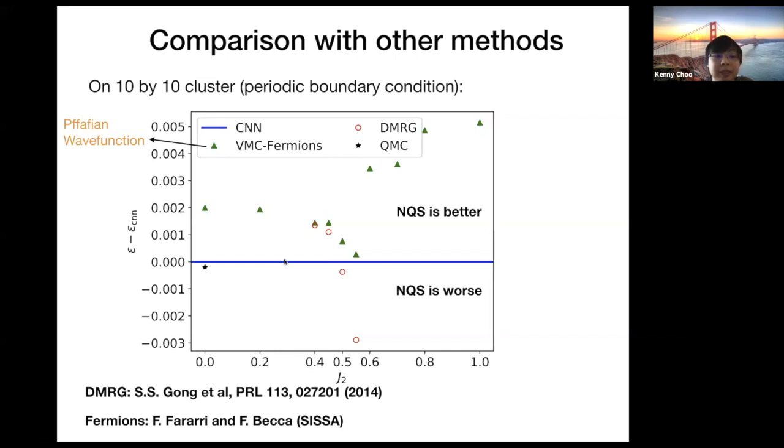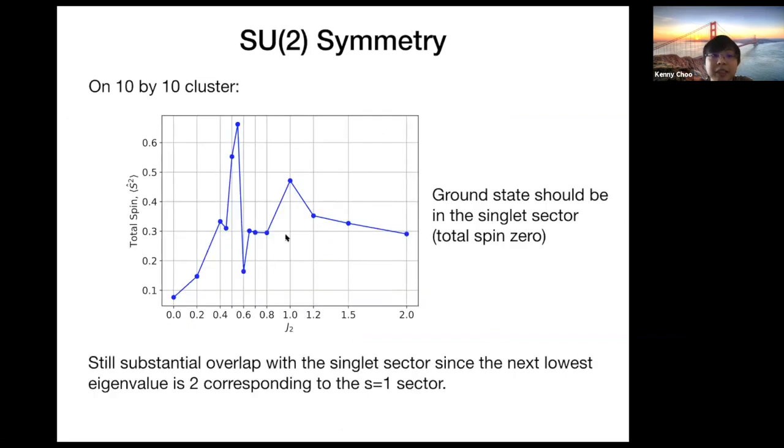Okay, so one important caveat that I should mention is that whereas these fermionic wave functions as well as the matrix product states have this SU2 symmetry, the neural network wave function that we use actually does not; it's not SU2 invariant. So this J1, J2 model is SU2 invariant, and the ground state should be in the S equals 0 singlet sector. But if we measure the total spin, we see that it is not 0. In the regions where the performance is better, we do get a lower total spin. But especially in the frustrated region, the total spin that we measure is actually quite high.